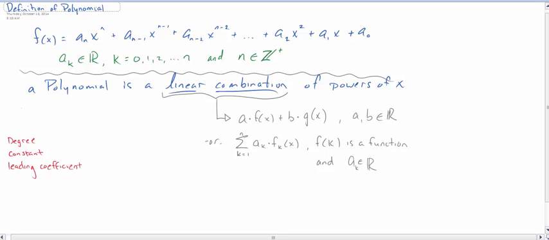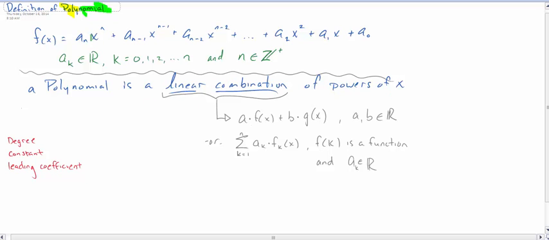We are going to be looking at and studying polynomials. So first we have to know what a polynomial is. Let's make sure we're all on the same page. Poly means many, and when we say nomial, we're referring to many terms. So it's something plus something plus something, a whole bunch of things added together, and it's a linear combination of